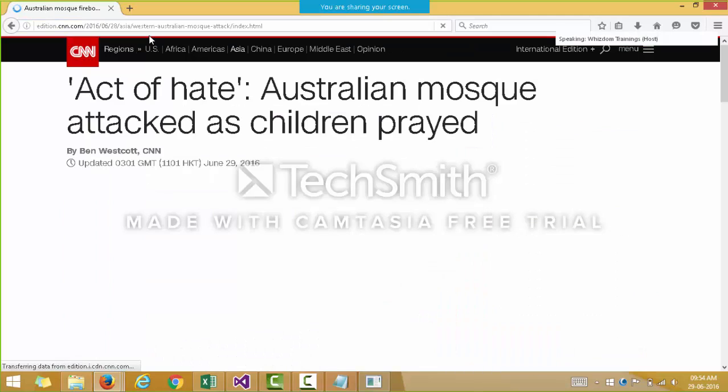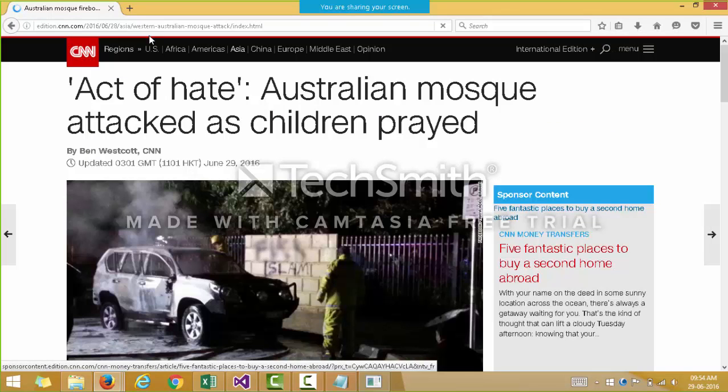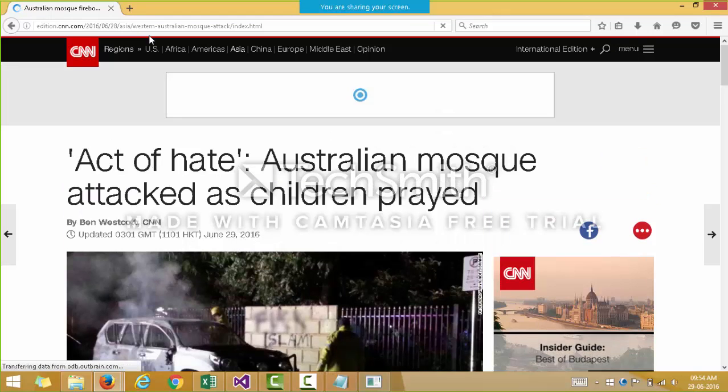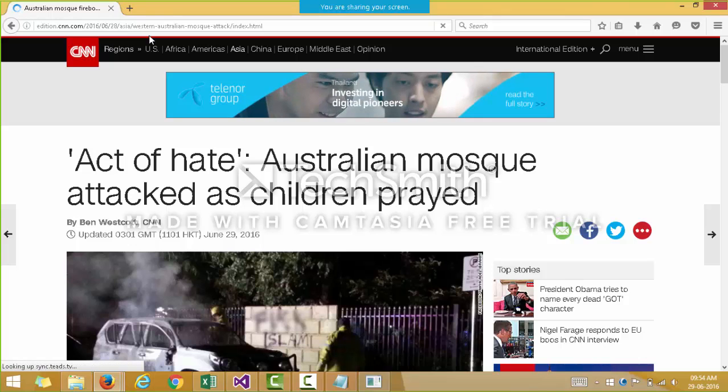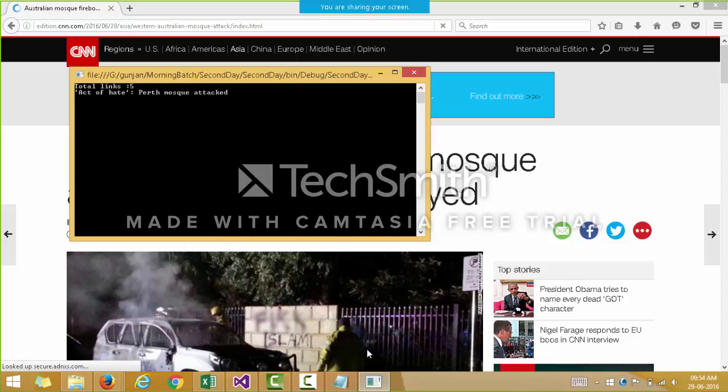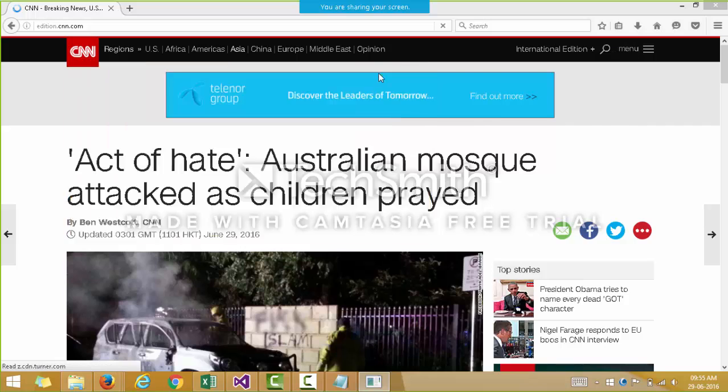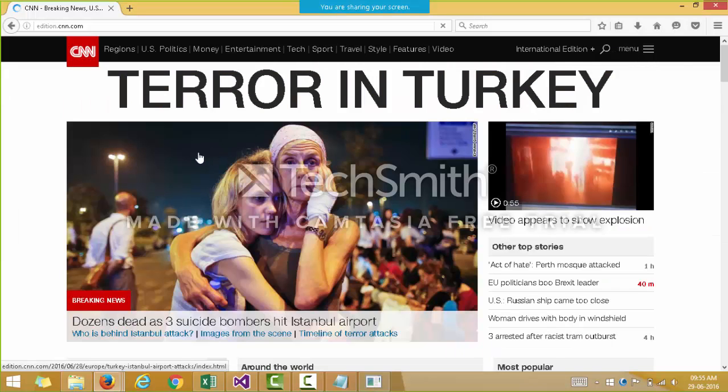Right, so it clicks on the first link, goes to the page, maximizes the window, and you see that it prints the title of the web page, and then it goes back to the previous page, that is cnn.com.